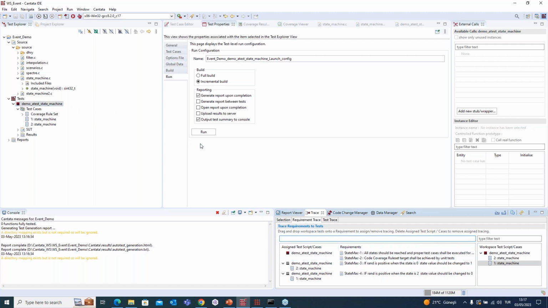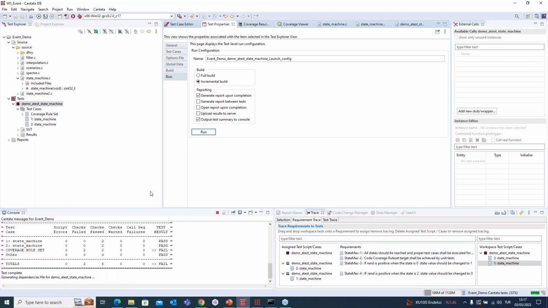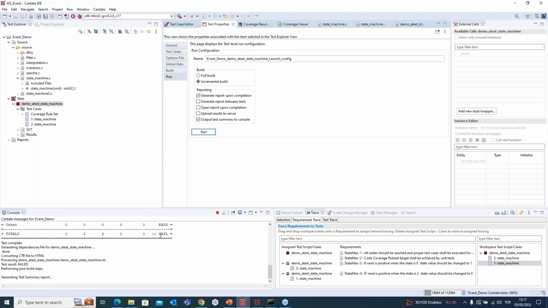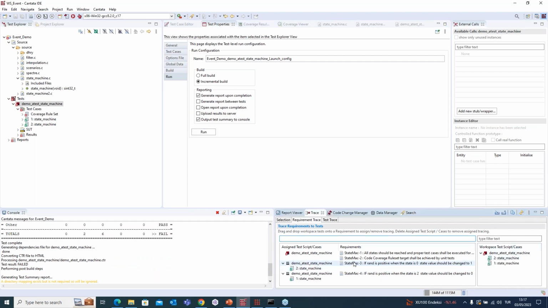And now let's run our tests. As you can see, there are some passes, but the end result is a fail. If I refresh here, you see that these 2 requirements are fulfilled, but this requirement is not fulfilled.